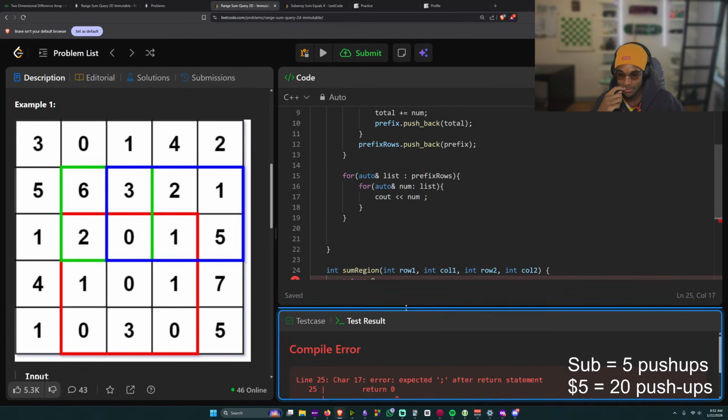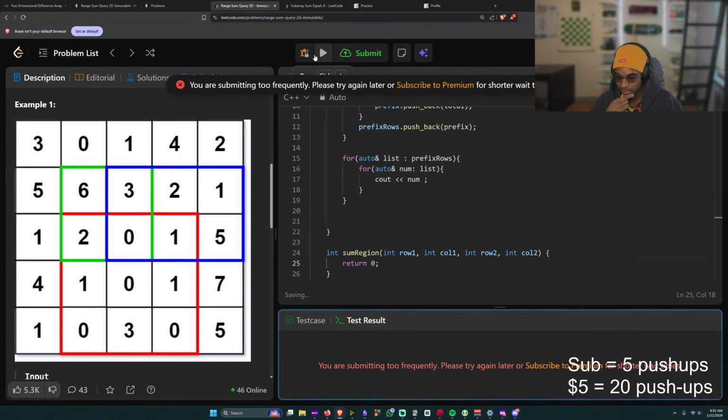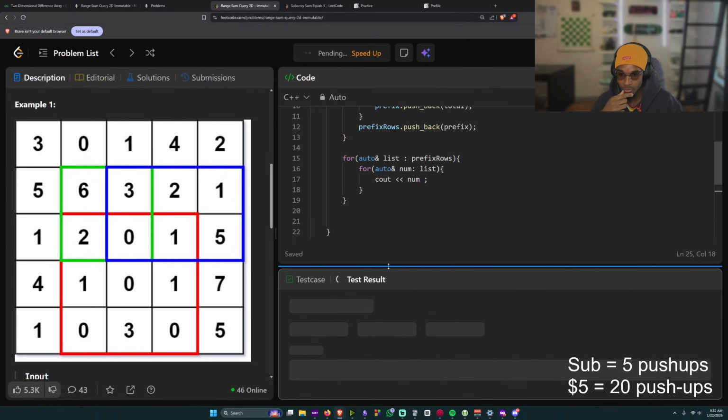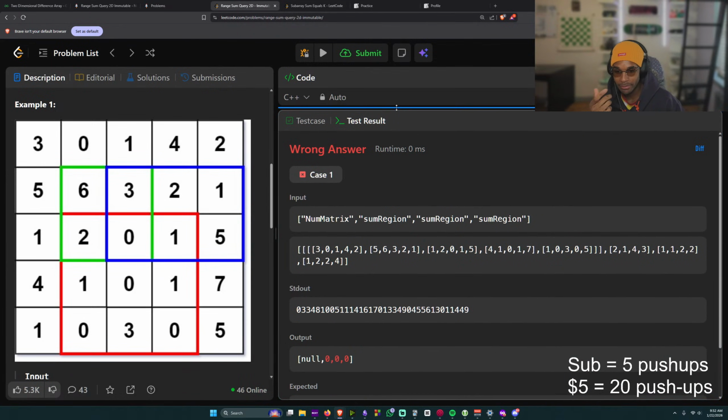If anybody knows why you have to do that, please let me know. I'm very curious. Okay, at least we... but now it's all ugly. All right, three, three. Yeah, oh yeah, I did return 0.